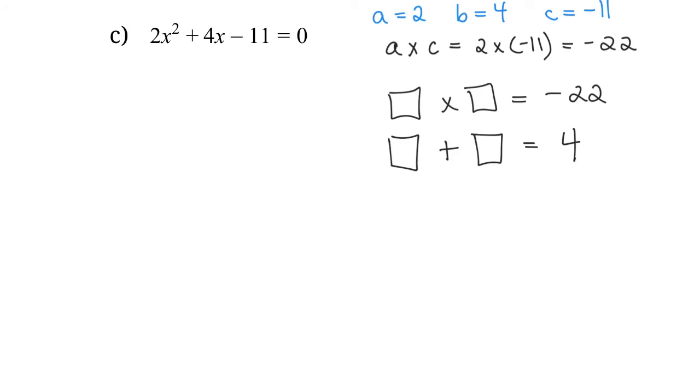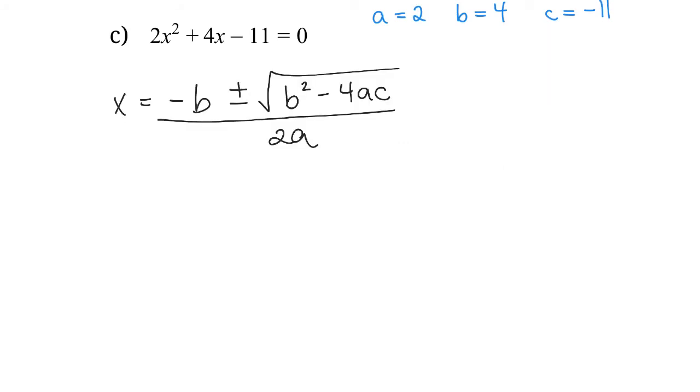So there are no numbers that are going to multiply to give us negative 22, but also add to give us a positive 4. So normally we would stop here and say that this question was not factorable. However, we are now able to figure out our answers because we've got our quadratic equation. So I've gone ahead and written the formula for the quadratic equation, or sometimes we call it the quadratic formula,